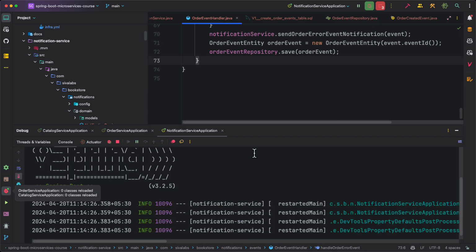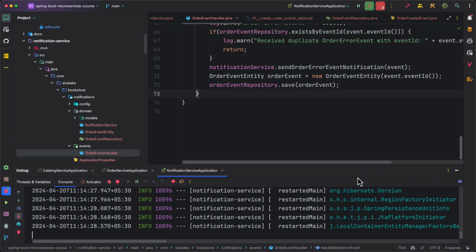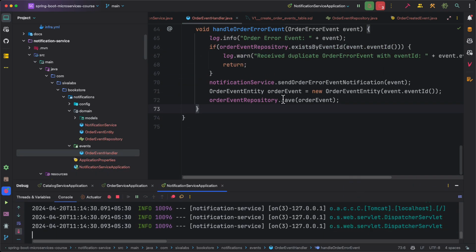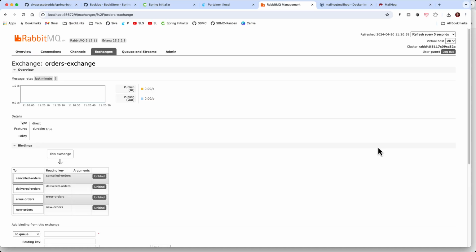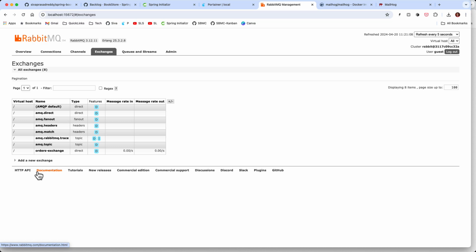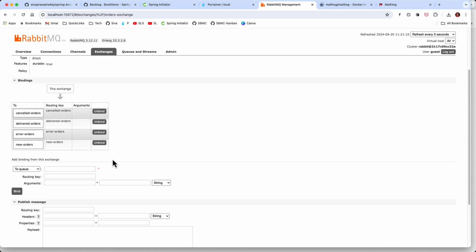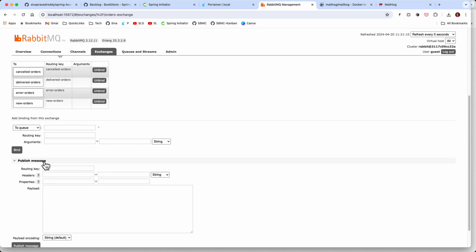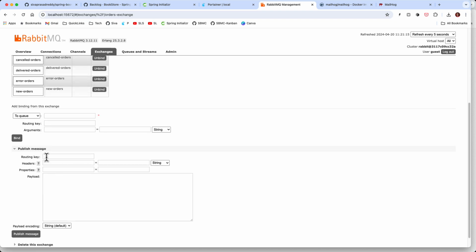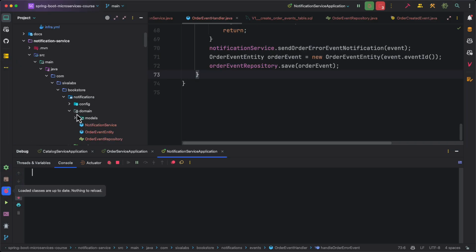So in order to check this, we somehow need to publish a duplicate event. Okay, so let us go ahead and try to publish a duplicate event. We can publish an event to RabbitMQ from the administration GUI itself. So here, if you go to exchanges and then click on orders exchange, there is a section called publish message. Here you can define the routing key, and if you want to set some headers, you can set them, and then you can specify the payload. So the routing key is new-orders. If you remember, our configuration is